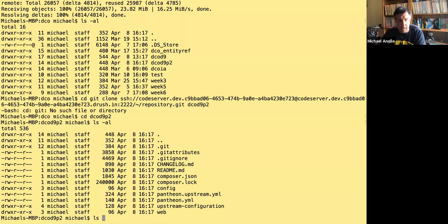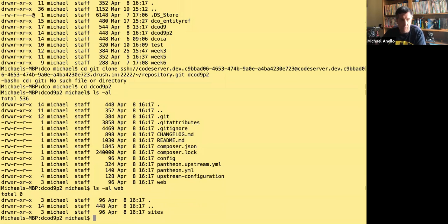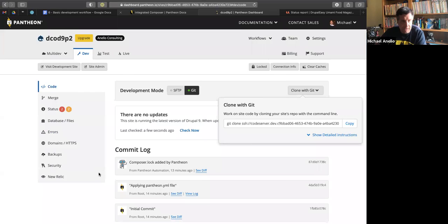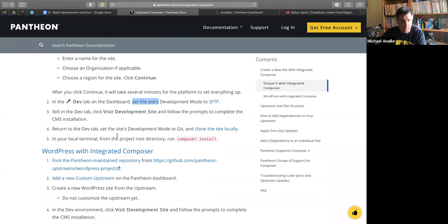But if we look inside of web, notice there's nothing. Well, other than sites, but there's no core directory, there's no modules directory, there's no theme directory. So we don't really have a site yet. And the instructions basically tell us that the next step is to run, after you clone it, Composer